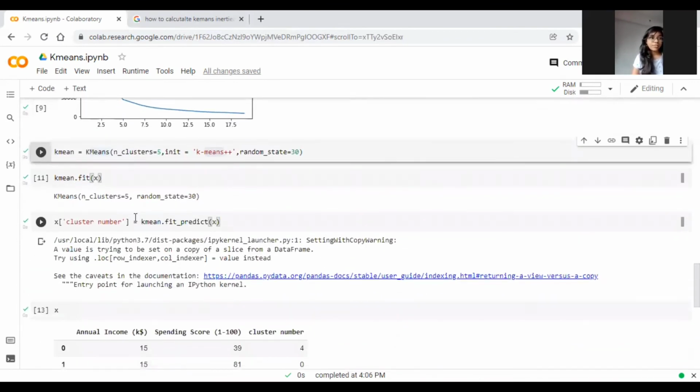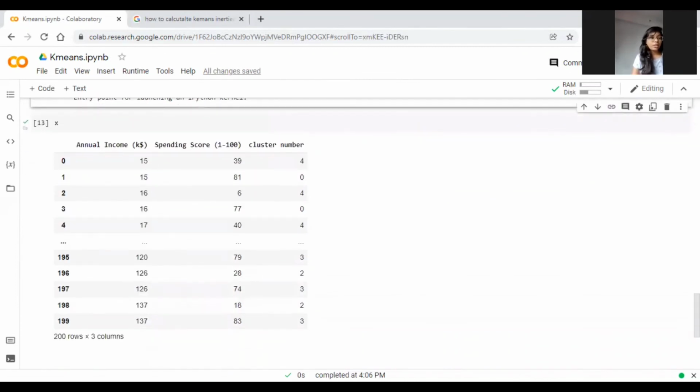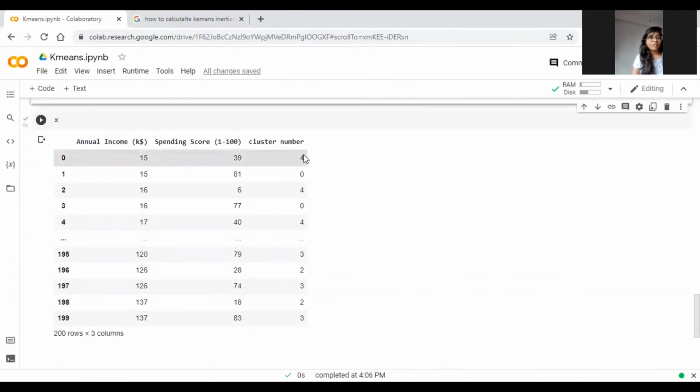This way we will be predicting the clusters with K-means fit predict for the X values. You can see here we have created 5 different clusters, from 0 to 4. For this data point, which is annual income 15 and 39, the cluster which it is showing is the 4th cluster.